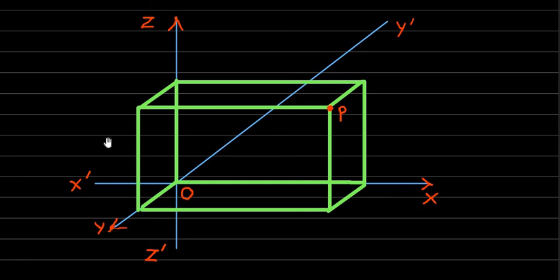To clearly understand this one, you have to visualize it in 3 dimensions. This is a 3-dimensional figure which is to be visualized in 3 dimensions. Then obviously similarly we have the negative directions. The negative direction of the x-axis is denoted by X', the negative direction of the y-axis is denoted by Y', and the negative direction of the z-axis is denoted by Z'.